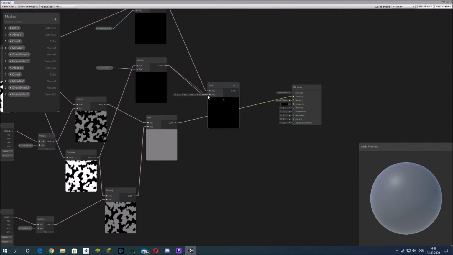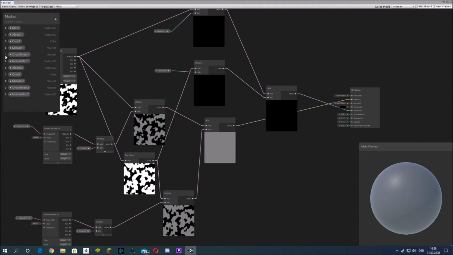Add them both together to create an output texture that we can plug into the metallic of the PBR master